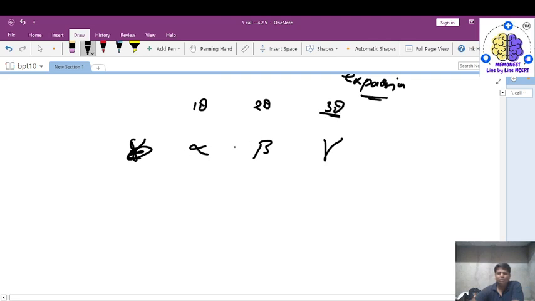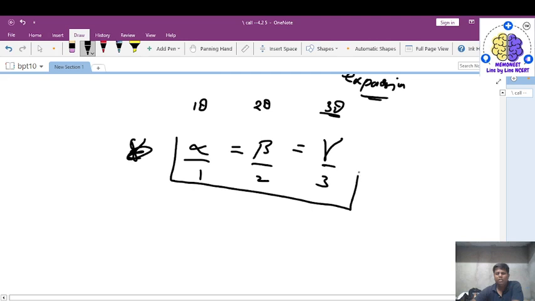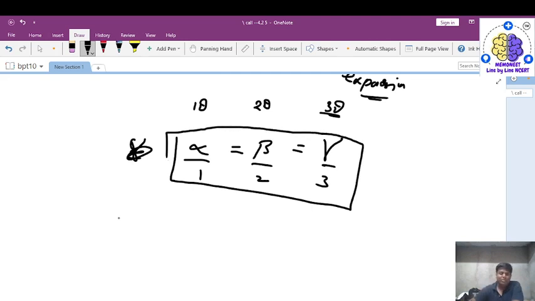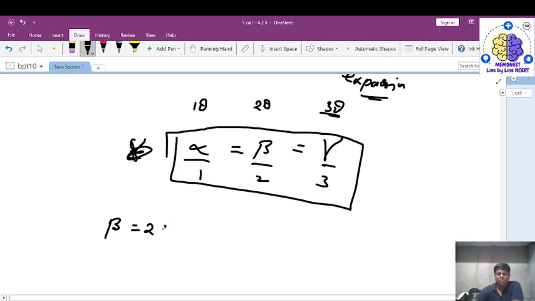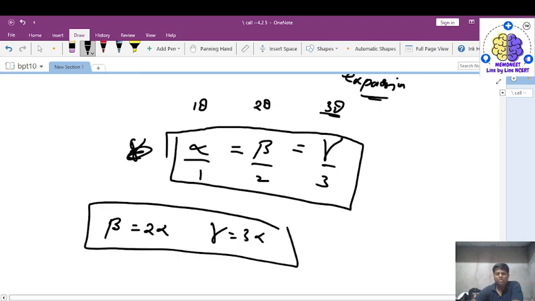So if I place equals to in between, what I have to do is 1 upon 2 upon 3. This is the relation between alpha, beta and gamma, right? And from here we can say that beta is equal to 2 times alpha and gamma is equal to 3 times alpha. This is again an important relationship which you should remember to solve the numericals,